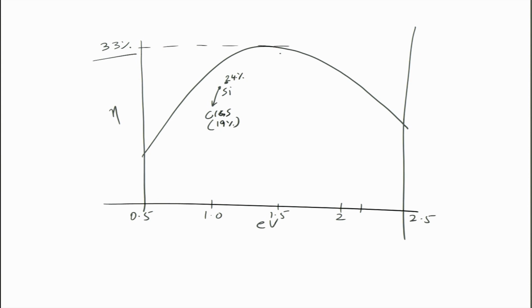Cadmium telluride is a little higher. So, cadmium telluride and gallium arsenide will be somewhere here. This would be cadmium telluride, this would be gallium arsenide. Gallium arsenide is at 1.41 eV, cadmium telluride is a little lower, and perovskites have already reached about 20%. They have a higher band gap, more than 1.5 eV. So, perovskites are sitting somewhere here, 20% or so. And then we have organics. Organics are also roughly in the same band gap range, lower efficiencies though. So, this is where we have organics.